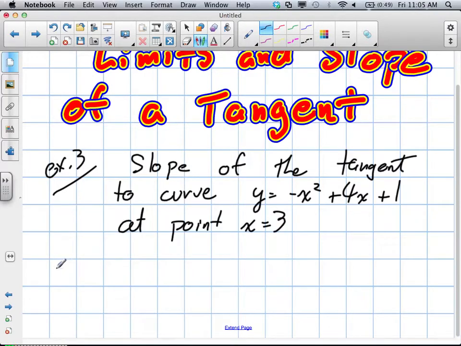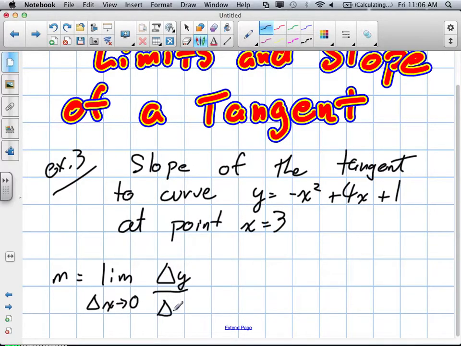Okay, and we're going to write it all out here. So the slope, which is our m, can be expressed as the limit of the change in x as it approaches 0. So that's what I was talking about, that extremely small change in x, which is essentially the change in y divided by the change in x. Okay, so the limit as x approaches 0, so an infinitely small change in x is represented by change in y over change in x,